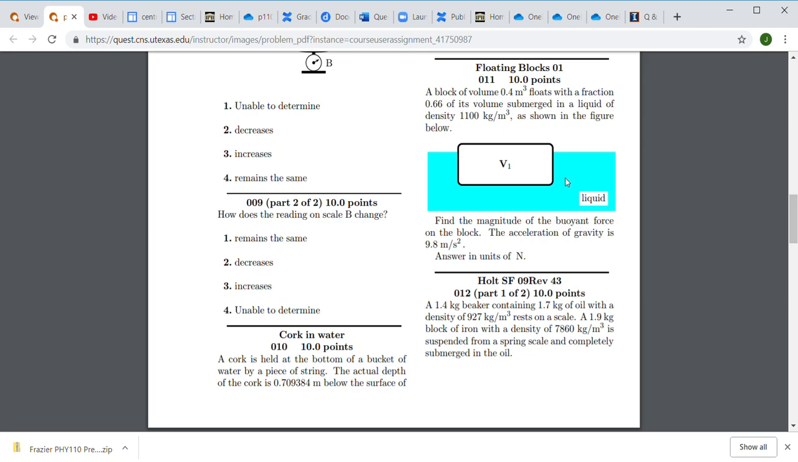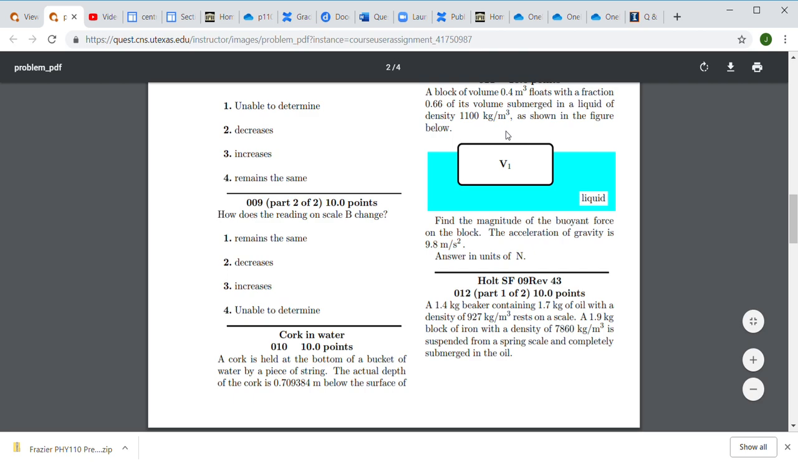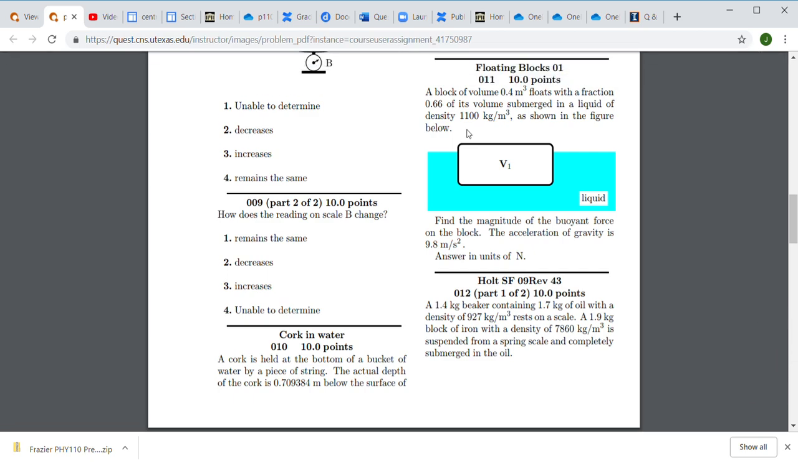It's floating in a liquid which is slightly more dense than water, 1100 kilograms per cubic meter. Find the magnitude of the buoyant force. And so we use Archimedes' principle here. The buoyant force is the weight of the